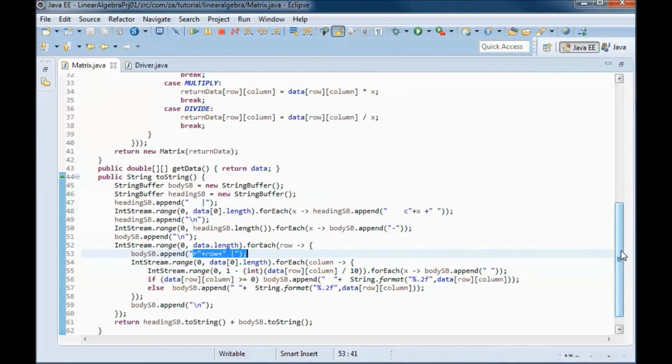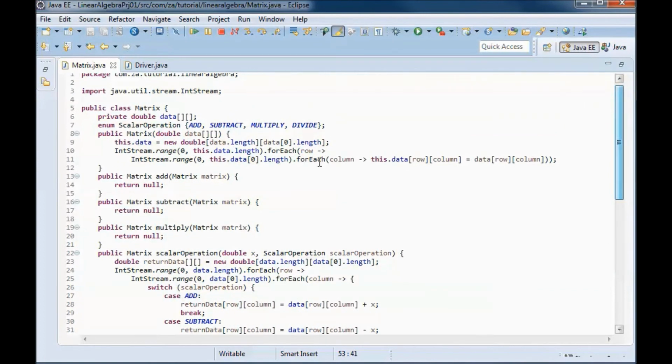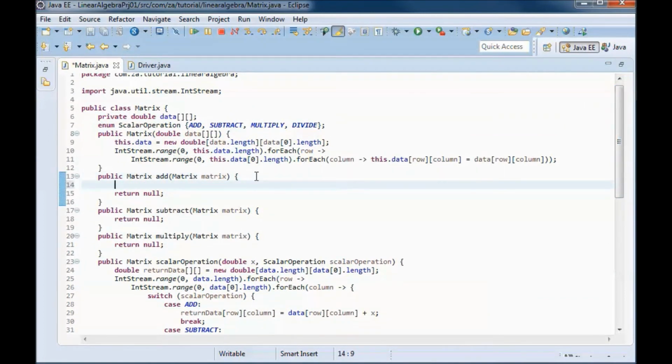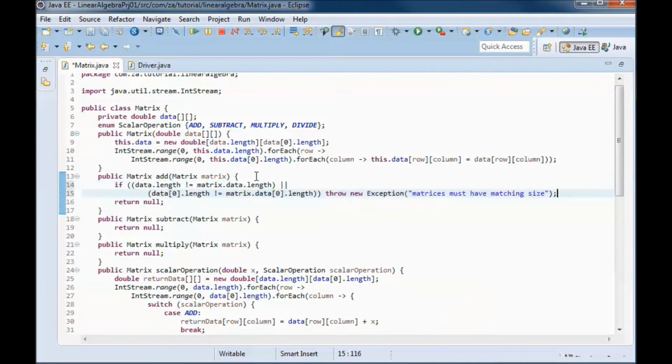And to add or subtract two matrices, they must be the same size. If they are not, I will throw this exception.